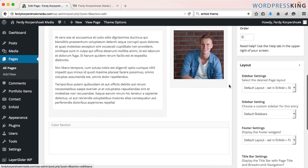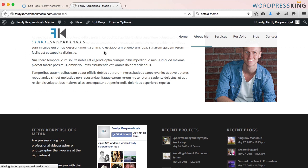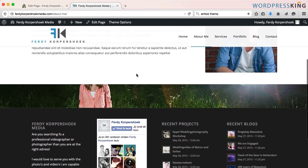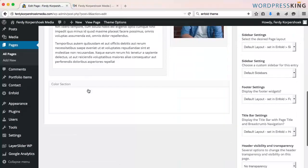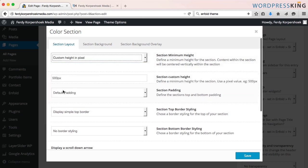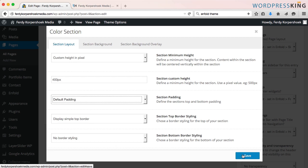I save it, and I update it, and I refresh this. And you see nothing yet. A small portion. Go back to edit, scroll down, click on this icon, and go to section layout and say custom height in pixels, 400 pixels. Save it,